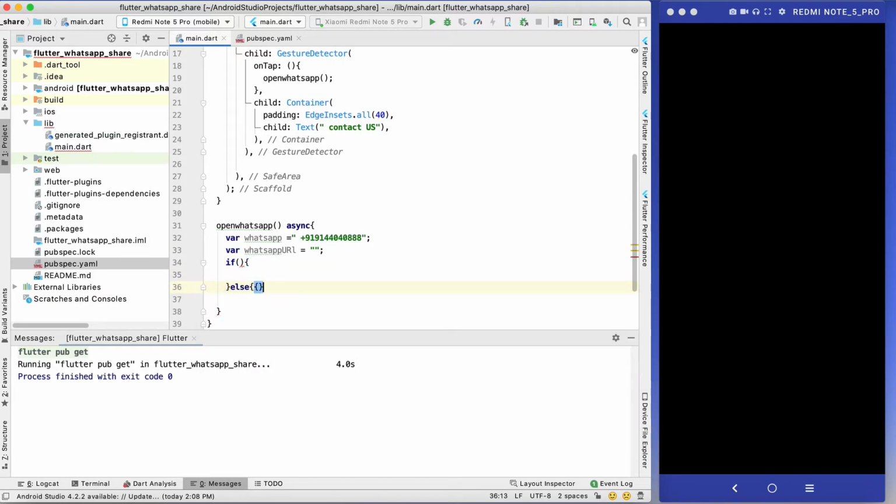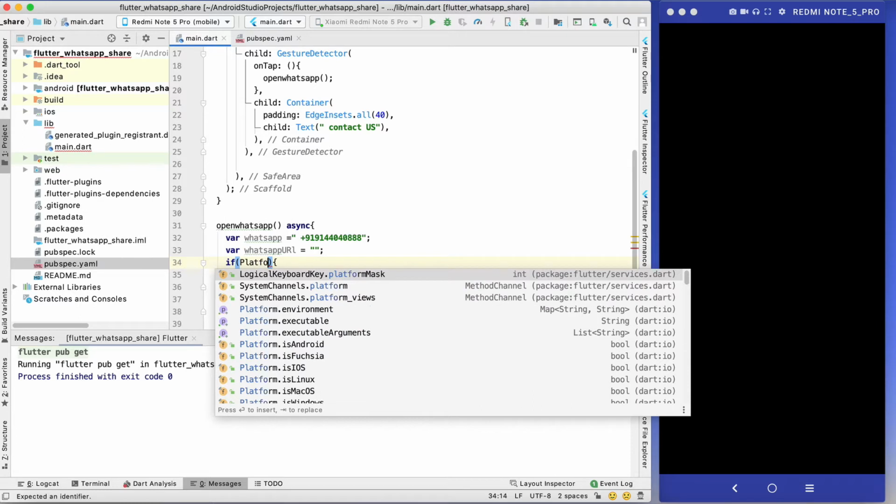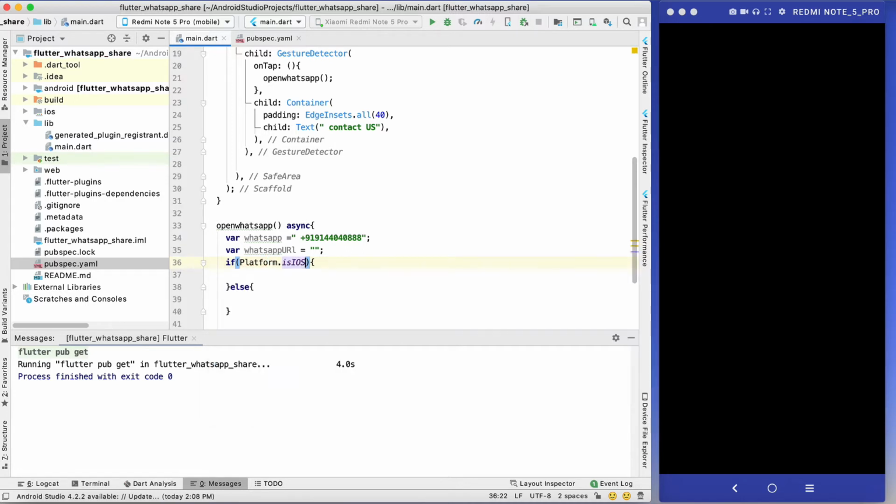So first detect the platform: Platform.isAndroid, or directly use isIOS, which means if I am using an iPhone, I will write the code there for iOS phone only, else Android and web, whatever.